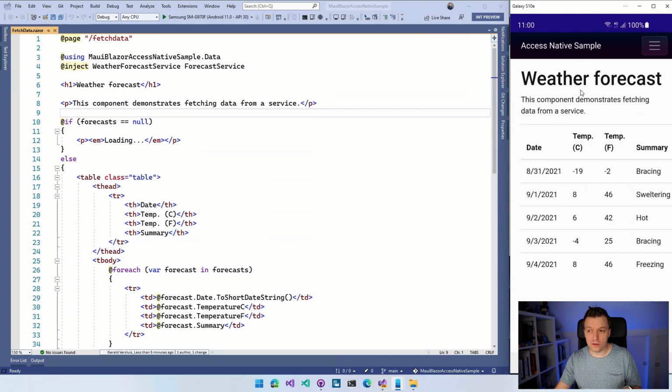Now, for this weather forecast, let's just add a little thing right here that's going to show you the location that the weather forecast is coming from. Again, this is hard-coded data, but I just want to show you how to access the location sensor. And if you know that, then you also know how to do it for the other sensors and other APIs on your device. Of course, there's multiple ways to do this, so I'm just going to show you the shortcut